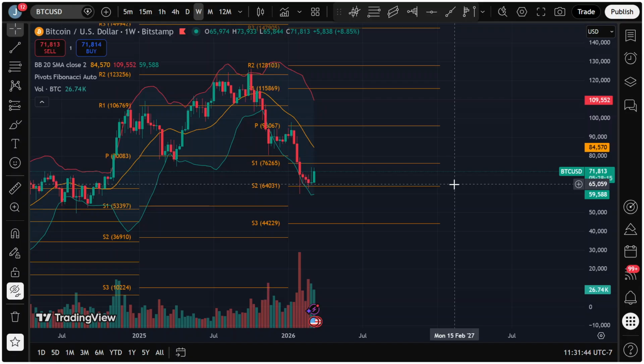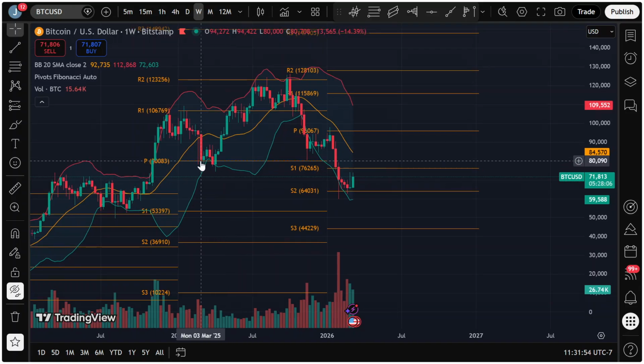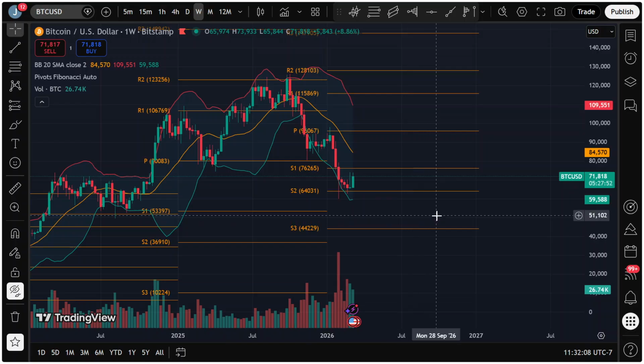Probably most of the year it'll chop on its way back to where it is now, these ETF levels initially, and then to the all-time high levels and the 2025 breakdown levels, that like 70, whatever that was, 74.4, 76, 78 region. I think that is going to be important on the way back up in 2027. And then towards the end of 2027, early 2028 is the first time that we'll see 100K plus, I believe. So it's going to be very boring for anyone who is really expecting crazy gains.